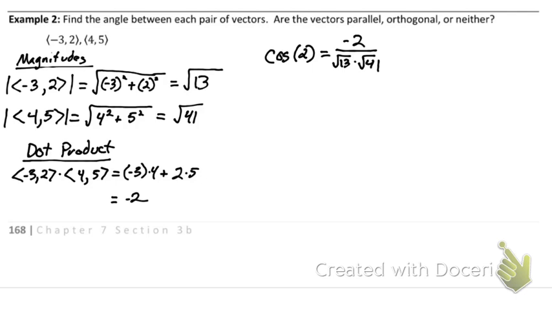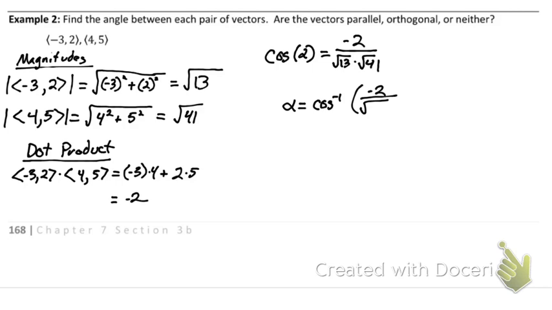Since I don't care what cosine alpha is, I care what alpha equals. We're going to do alpha equals the cosine inverse of negative 2 over the square root of, you can either type in square root of 13 times square root of 41, or you can type in